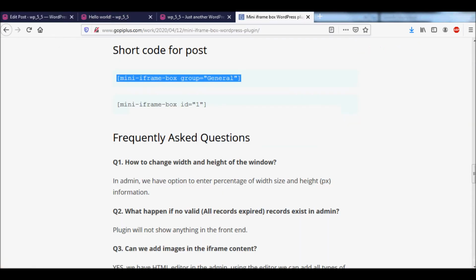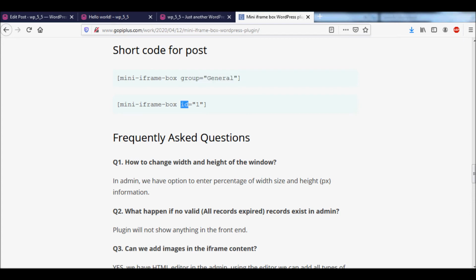Then we have one more option called ID. This first shortcode displays the message using the group option. The second option is to display a specific message on this page.